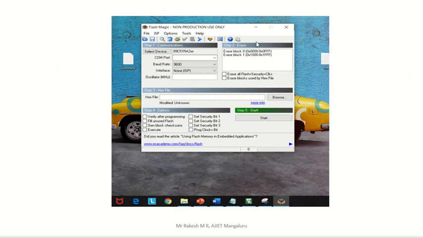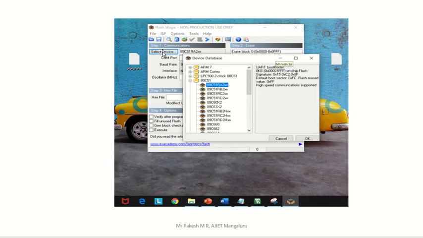Now in the FlashMagic software we have to set something, that is select device. We have to click that, because we have to select the target device, and when you click on select device, we are going to get another screen.